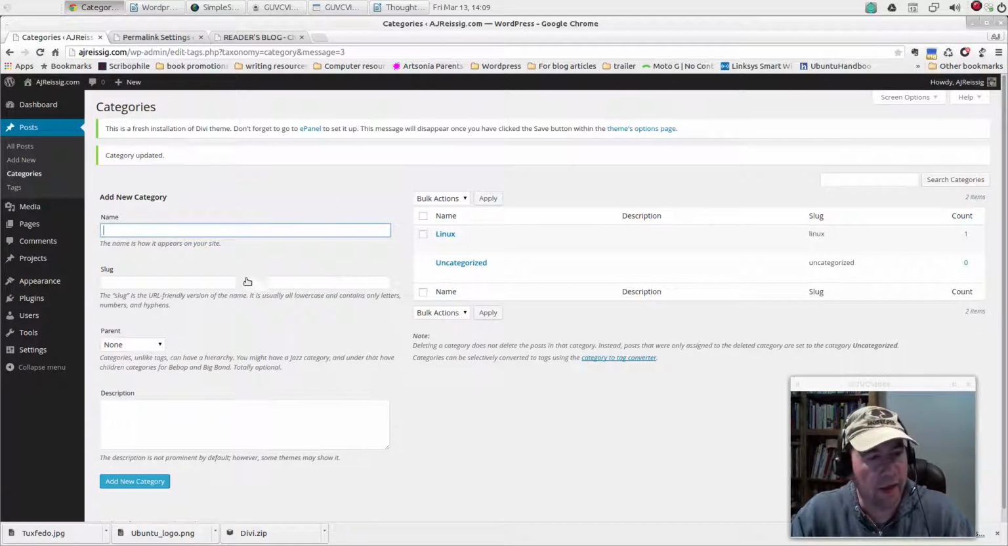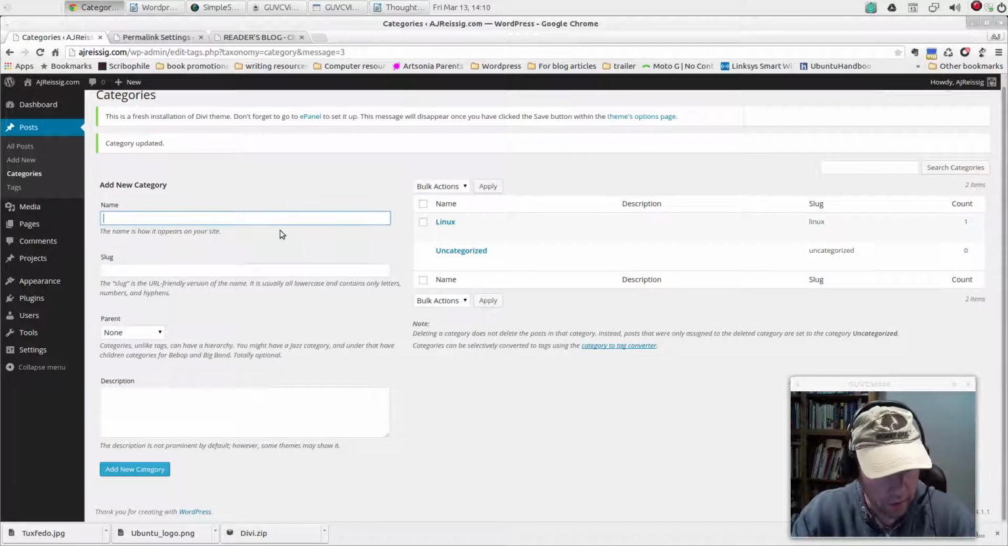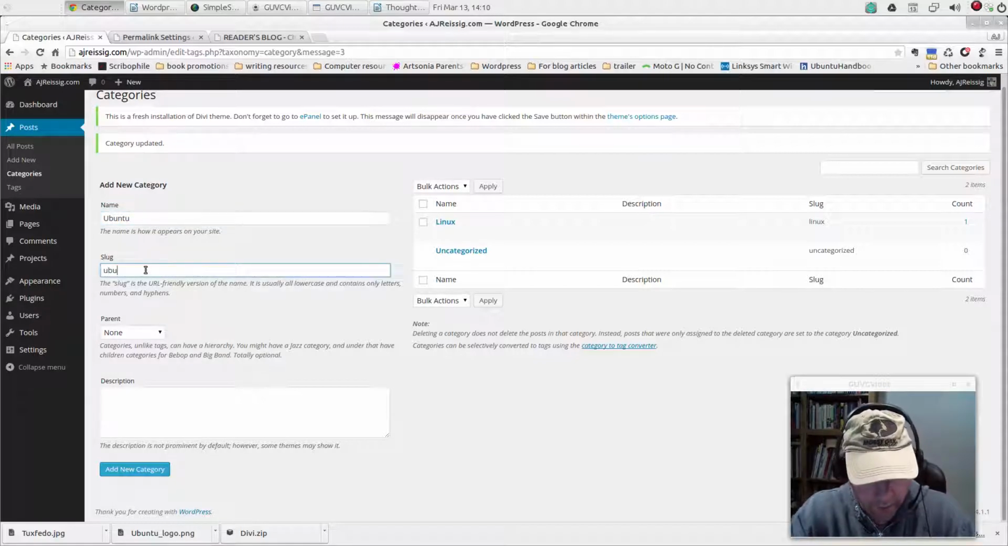I showed you how to add a category from over on our post page. We can add one from here also. And I was talking about the parent and subcategories, that sort of thing. So let me show you how that would work here. So let's create a subcategory for this Linux called Ubuntu, and the slug is just going to be all lowercase. Parent, I'm going to make that Linux, and for description